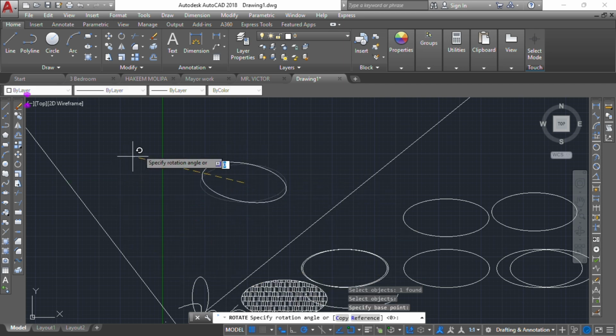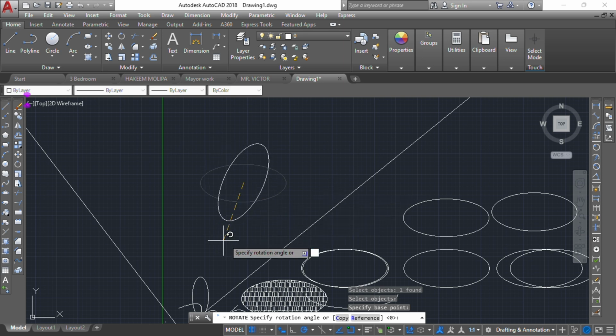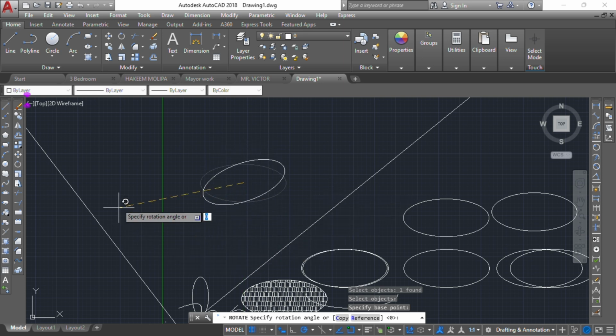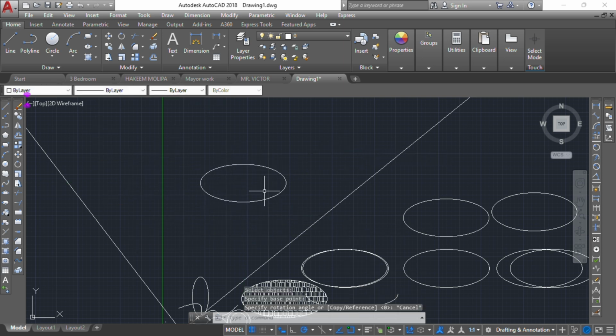And then the rotate tool is used to rotate an object across the four cardinal points, I think. So let's assume these are our north, the east, the south, and the west. So that's just the usefulness of rotate. You want to rotate it from one direction facing another direction. That's the use of rotate. And this scaling is used to scale your drawing. You can scale the object on your worksheet,